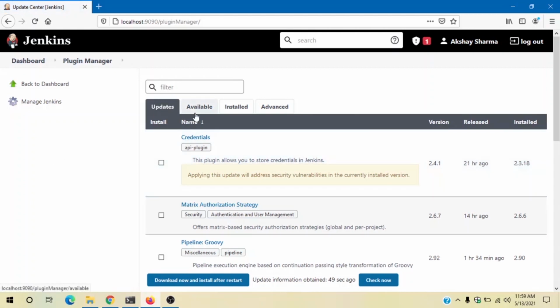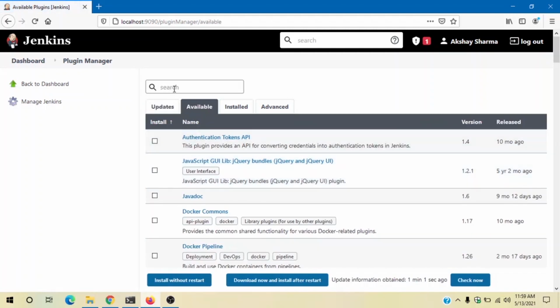Here we can see what are the updates which are there for already installed plugins. What are the available plugins? Here we can go ahead and search it.